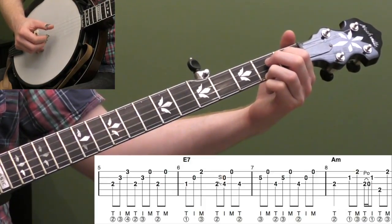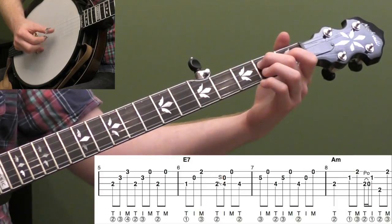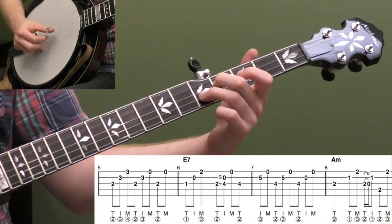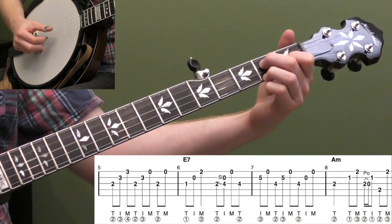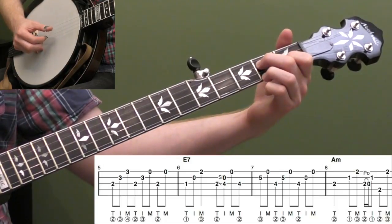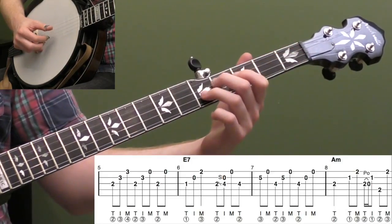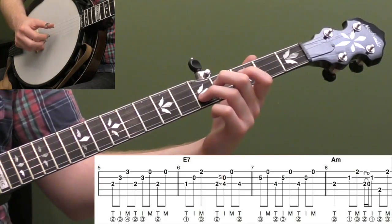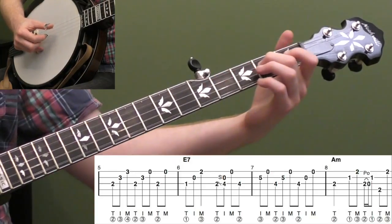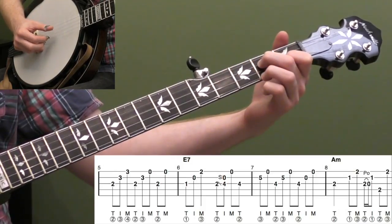So we have... Let's do that a few times. So we have... So I like to accent that index finger in measure 7 a little bit. That helps the melody, or the kind of the lick, pop out a little bit. So we have a little faster. So we have...